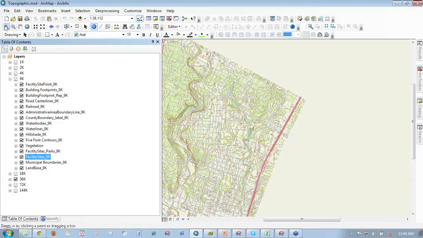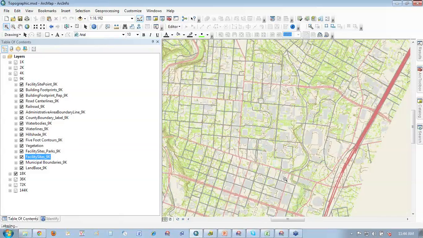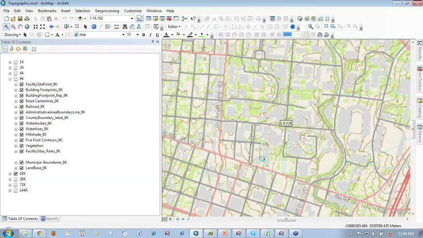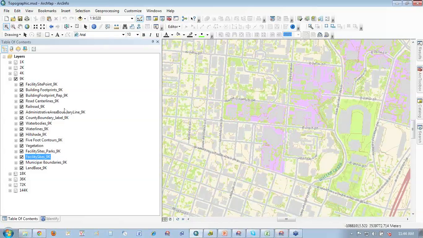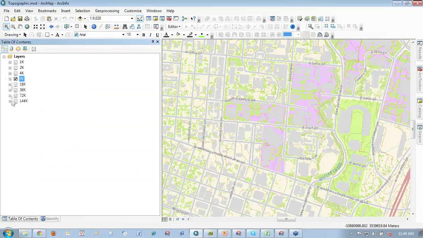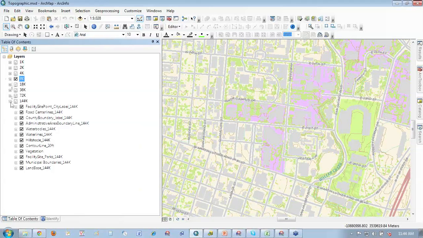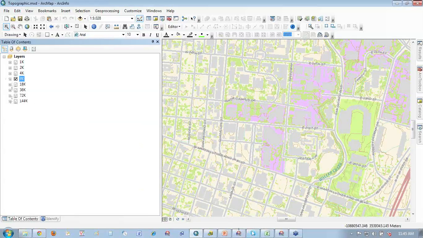So this is one of the areas that I might want to do some further work on. In the City of Austin case, and most other jurisdictions too, I'd probably come up with a bit more of a strategy of how to really get this right so it shows up really nicely at the different scales as designed in the map. But you can see all of these layers and all these definitions that we have here in the map. You just sort of get those things, and we just have to populate the data to get all that stuff set up.